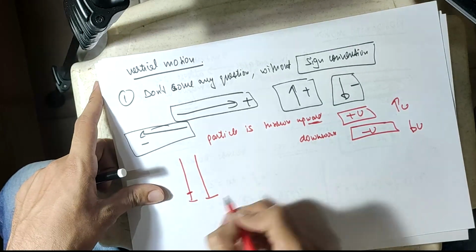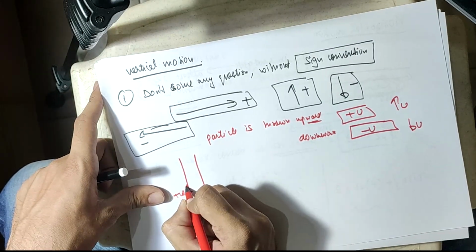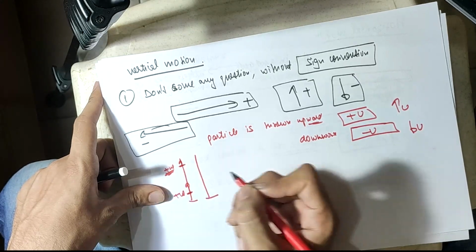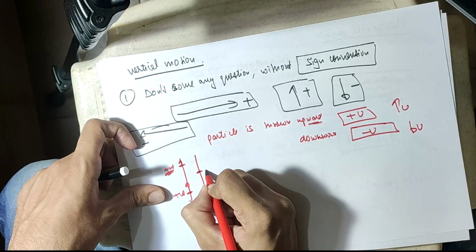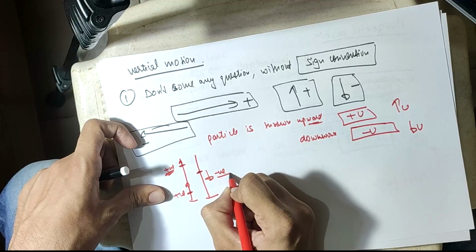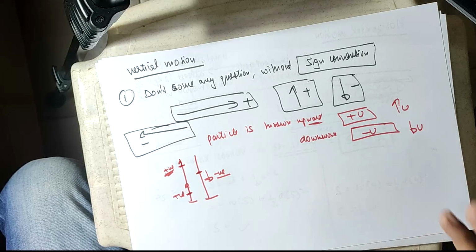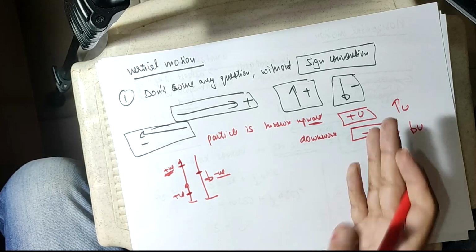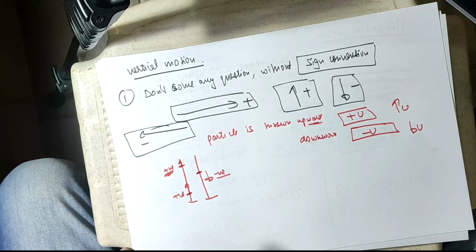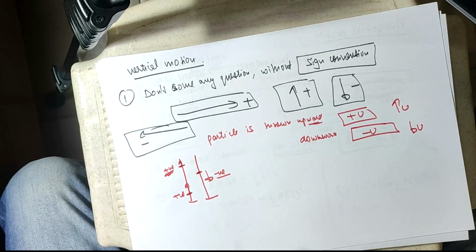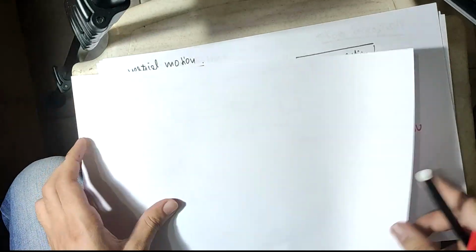At this point, the sign convention will be positive because it is going upward. At this point it is still going upward, so still positive. At this point it is going downward, so here you will use negative. This is how you have to know in which direction the particle is going and use the sign convention accordingly. I hope the point is clear. Let's talk about the second point. I will be dealing with a question.